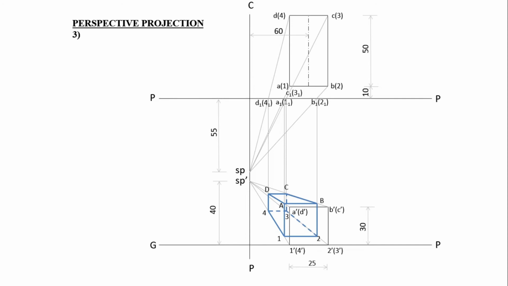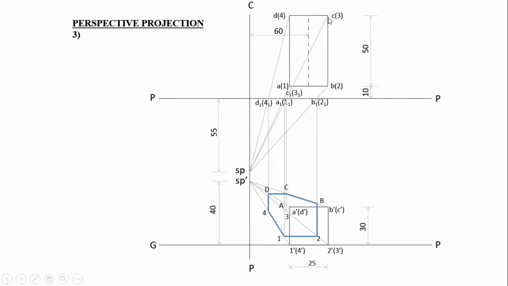In order to find out the dotted lines, what you should think is that all the outer edges will be visible. In this picture, these are all the outer edges: 1 to 2, 2 to B, B to C, C to D, D to 4, then 4 to 1. These are the outer edges in the figure. All the outer edges will be visible. Then from the station point, the farthest point in the top view, that you can see from the top view, is point 3 or point C.